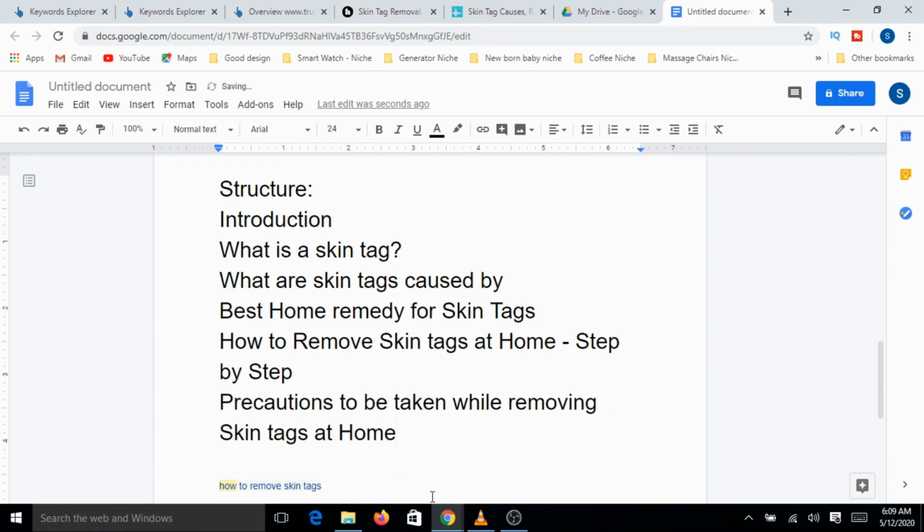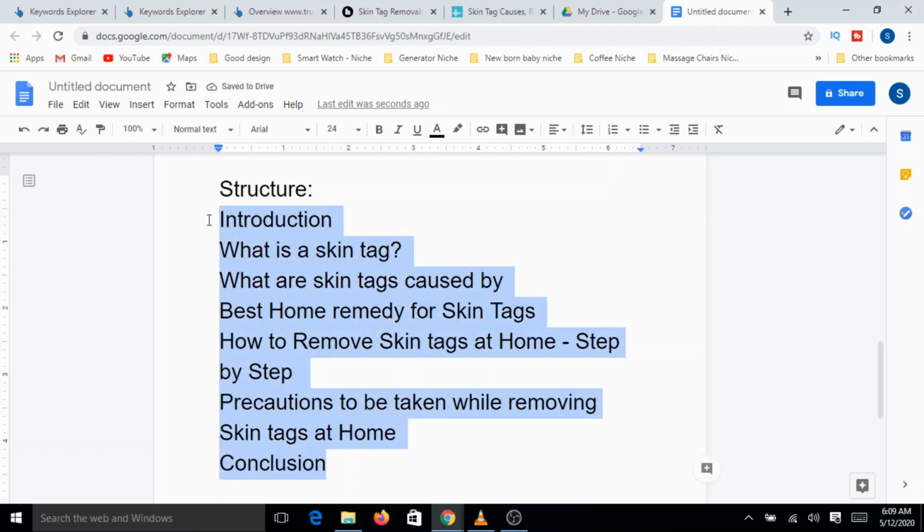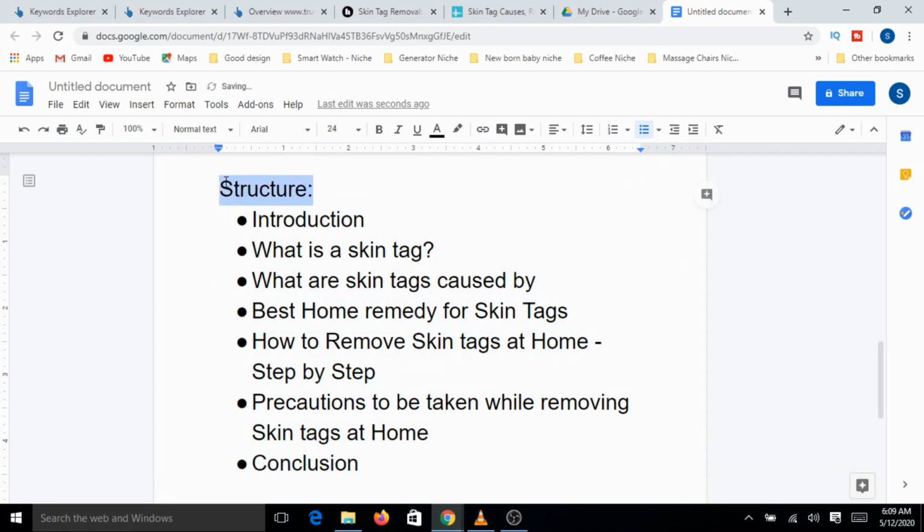And then finally I will come to a conclusion. This is going to be my key structure, and I would call it a decent, good content structure.